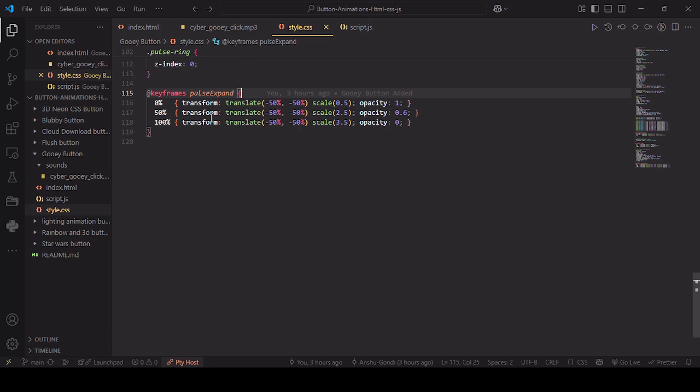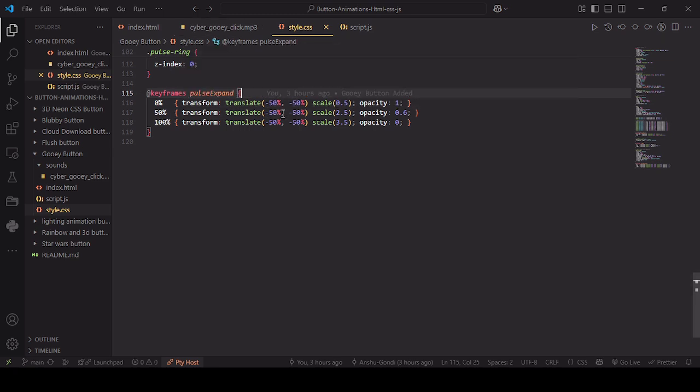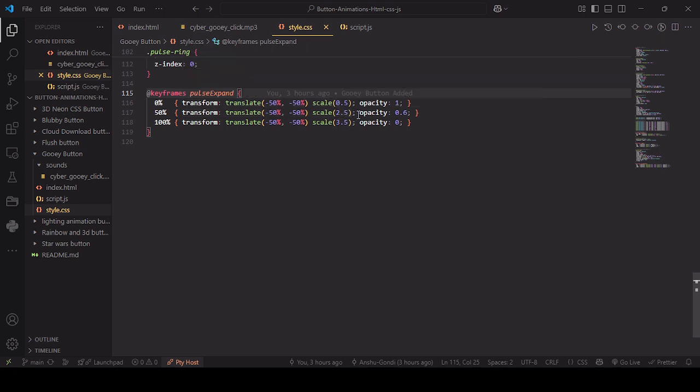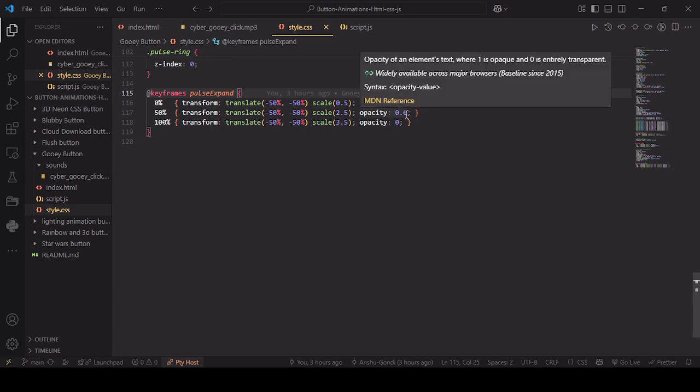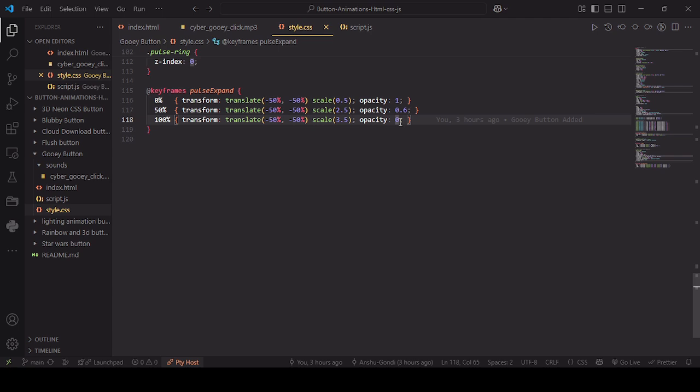And then at the 50% it is going to translate in the same format but with the scale as 2.5 to 2.51 and opacity will be 0.6. And once its animation is done, it will go to 3.5 size and opacity will be 0. Okay,